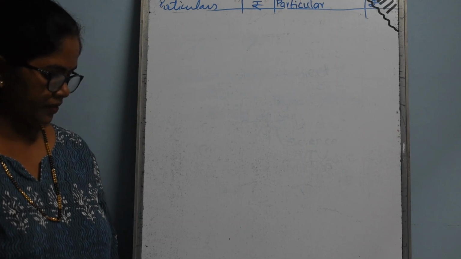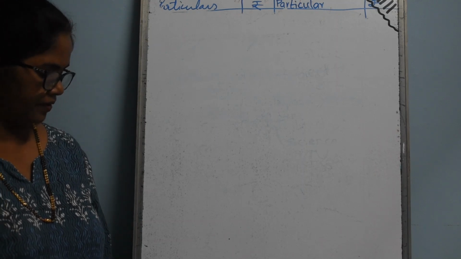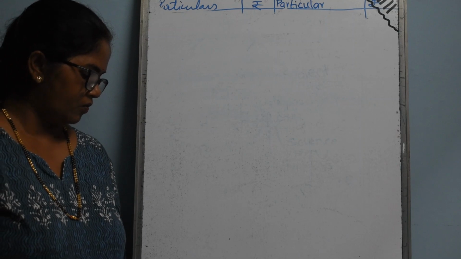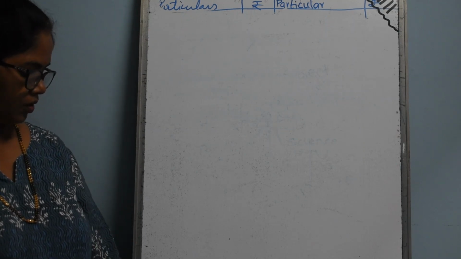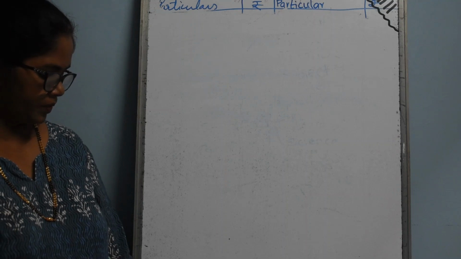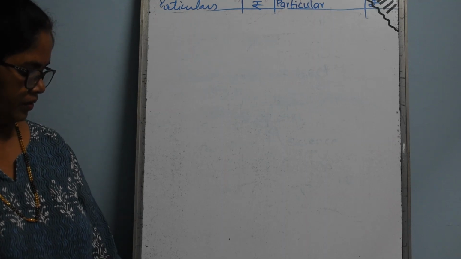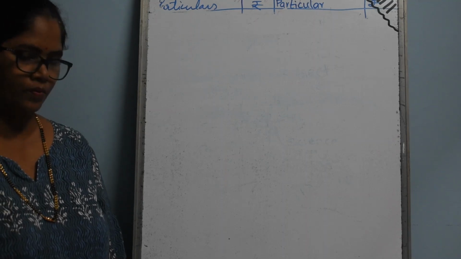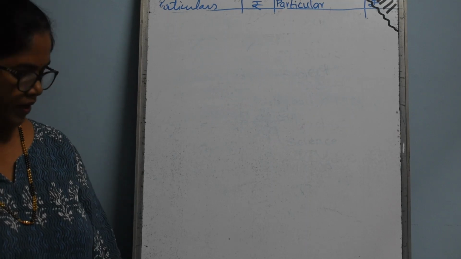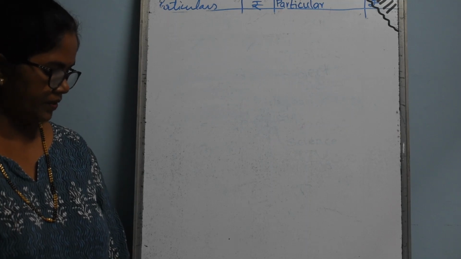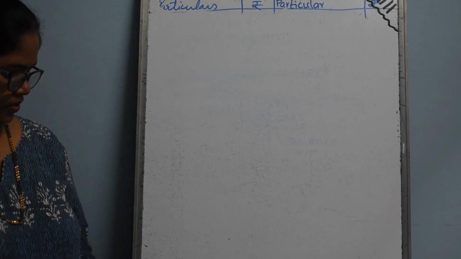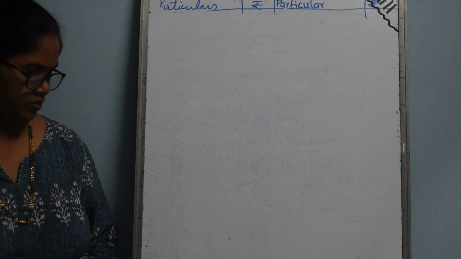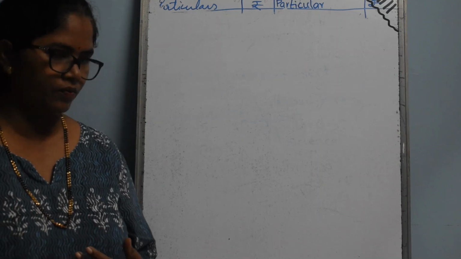During the year ending 31st March 2019, they had earned a net profit of rupees 5,97,500. Annual turnover of the year was rupees 8 lakhs, and during the year Y has advanced a loan of rupees 1,20,000. So Y has given a loan of rupees 1,20,000 to the firm. Prepare the profit and loss appropriation account for the year ending 31st March 2019. So first we will do the working notes.